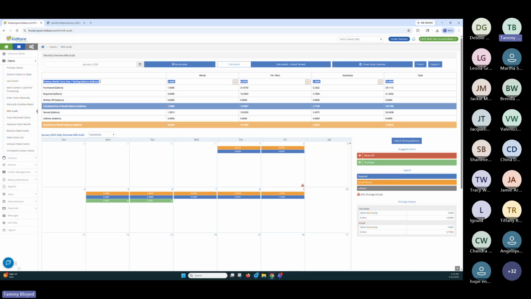You come to this screen and you are going to change it. So this says, well, we started the month with a gallon of substitute milk. But that's funny because we have 3 different kinds of substitute milk. How did we have an even gallon? Somebody really just wasn't paying attention when they put this information in.